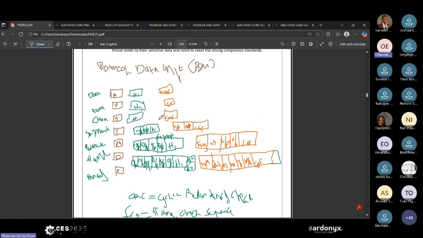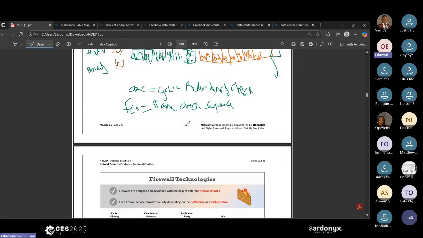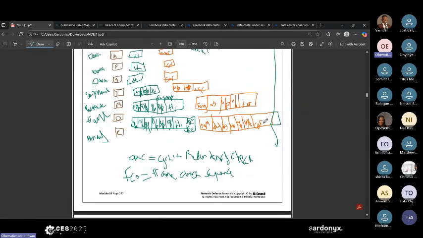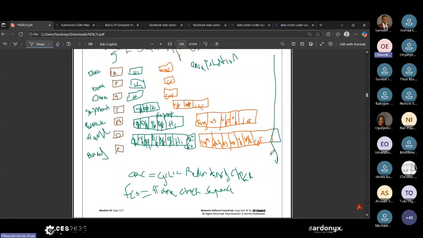Now, the process of adding all this address information is what we call encapsulation. The process of adding source IP, destination IP is what we call encapsulation. And this happens from the sender, right? Now, for the receiver, of course, they have to remove this here. Let's say this is the receiver, which is from the physical back to application. The process of removing all the source IP, destination IP is what we call decapsulation.